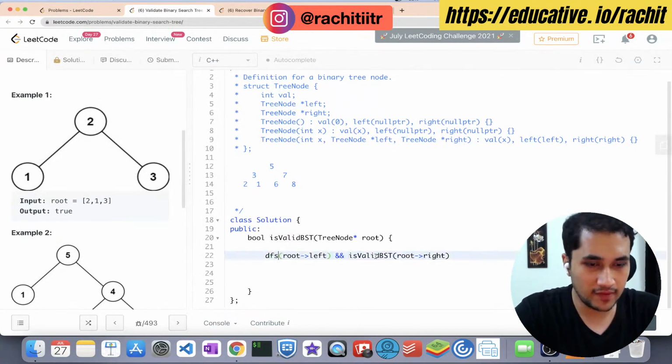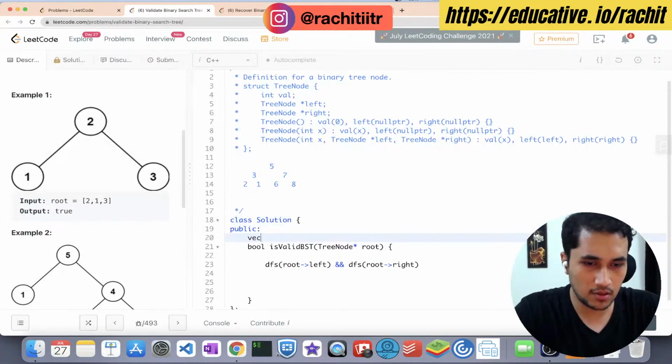So let's do a DFS instead, and let's get the min and max both from the subtree, right? Let's get the min and max both from the subtree. So let's say we have a DFS function that returns